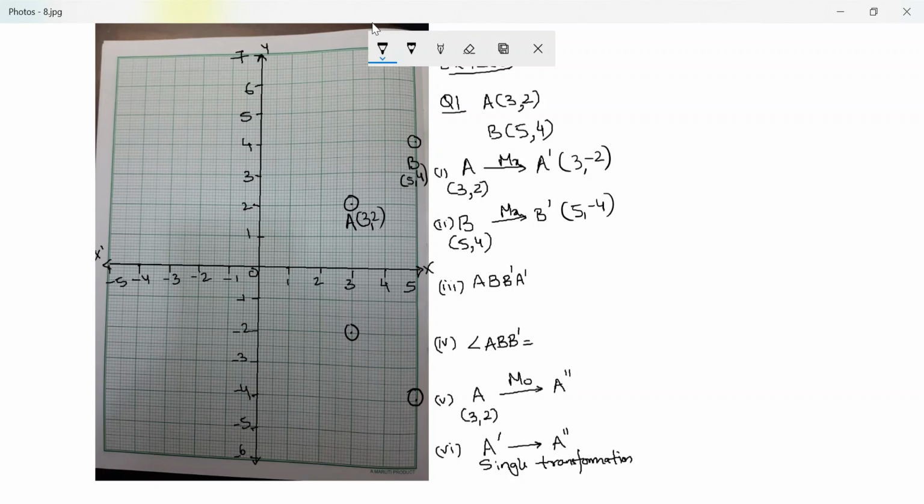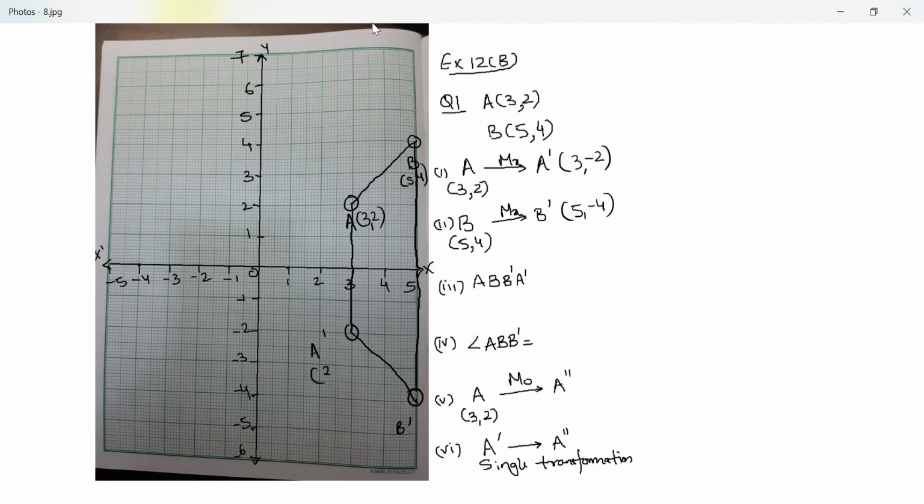Let's see what we have to do next. Part 2 says write down the geometrical name of the figure ABB'A'. Important to note that they have given you a sequence in which you are supposed to join. Here it is simple because there are only 4 points. You may end up getting 5, 6, 7, 8, 9 points as well. In fact, in this year's board exam you had a shape which had 9 lines. So read the question carefully and figure out what you are joining to what. This is A' and this is B'. I do not have access to a scale on this software, so I'm joining freehand. You should be joining using a scale.